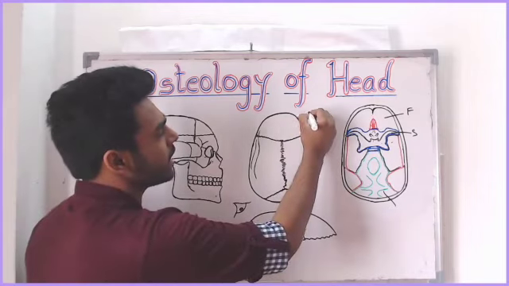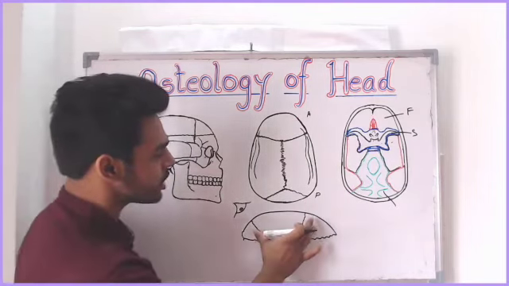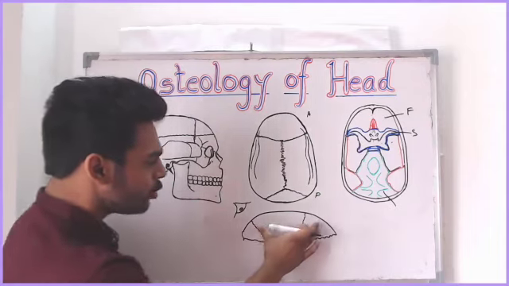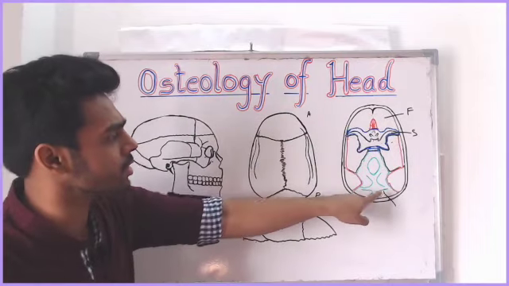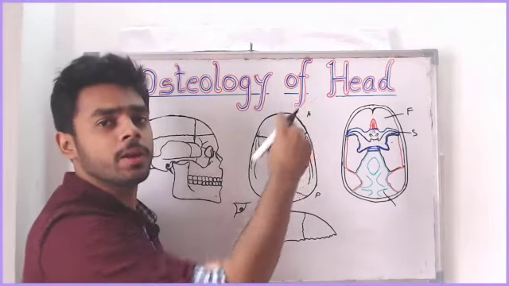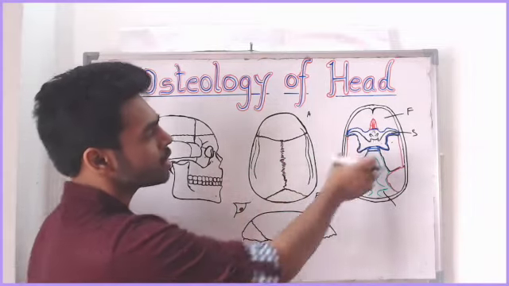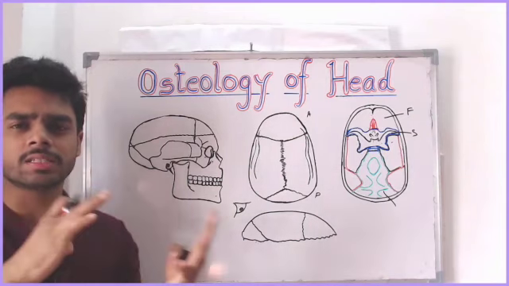This is the anterior part, this is the posterior part. You can see the posterior part is a little broader. This is just the roof of the skull, and when you remove the roof of the skull from the skull, you get this kind of structure. This is the skull which you are looking at from the top, that is the superior position, and when you cut and remove this, you will get this type of structure here. So let's frame these sentences properly.